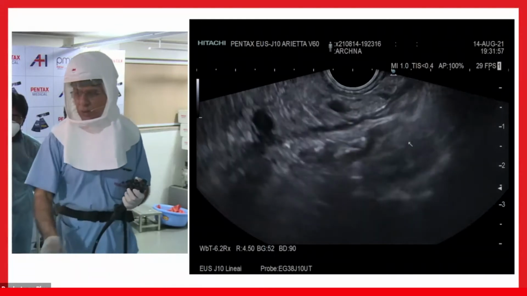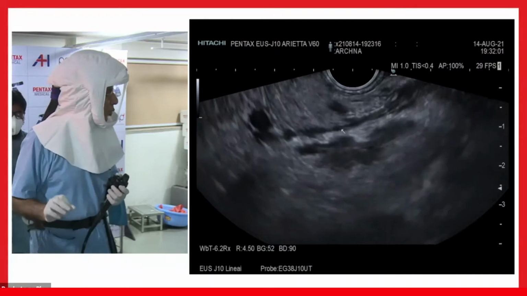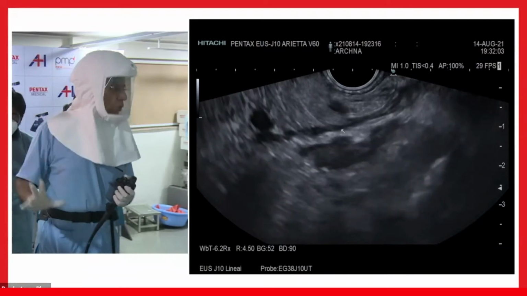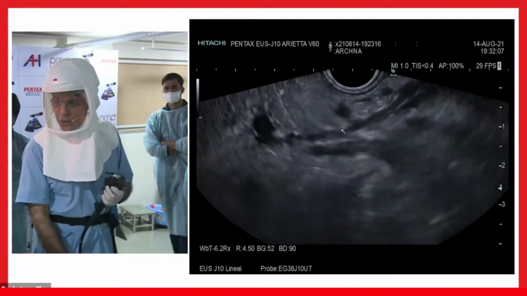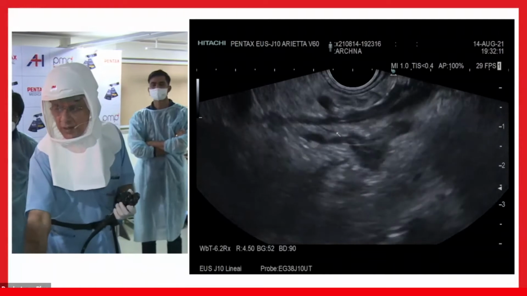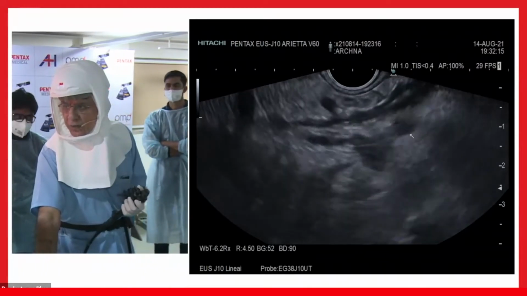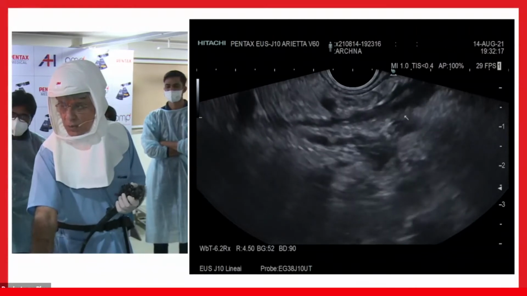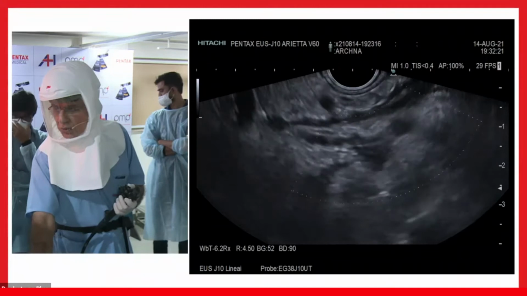So this fluid is going posteriorly, but it is not getting into the capsule around the adrenal gland, which would have explained a more serious connotation for pancreatitis. There is no fluid around the kidney or around the capsule of the kidney, but it is coming close, yes, very close now. We will see this fluid is pretty close to this.